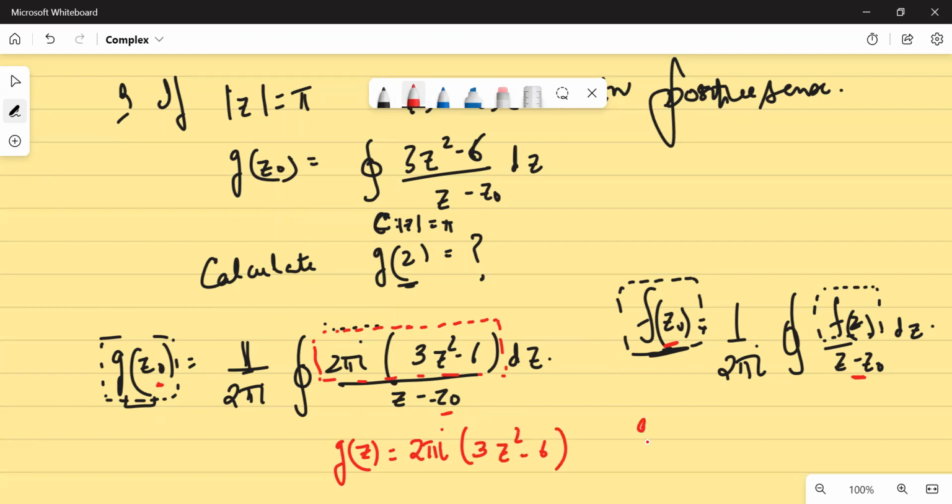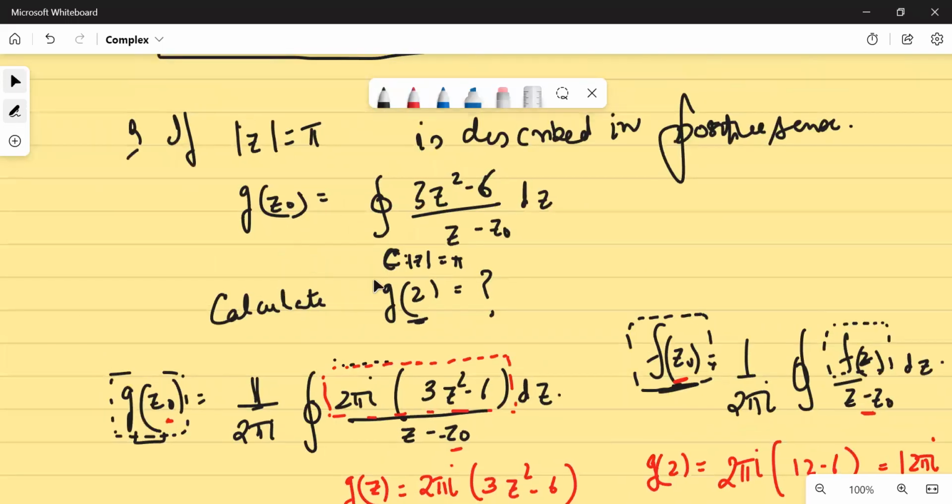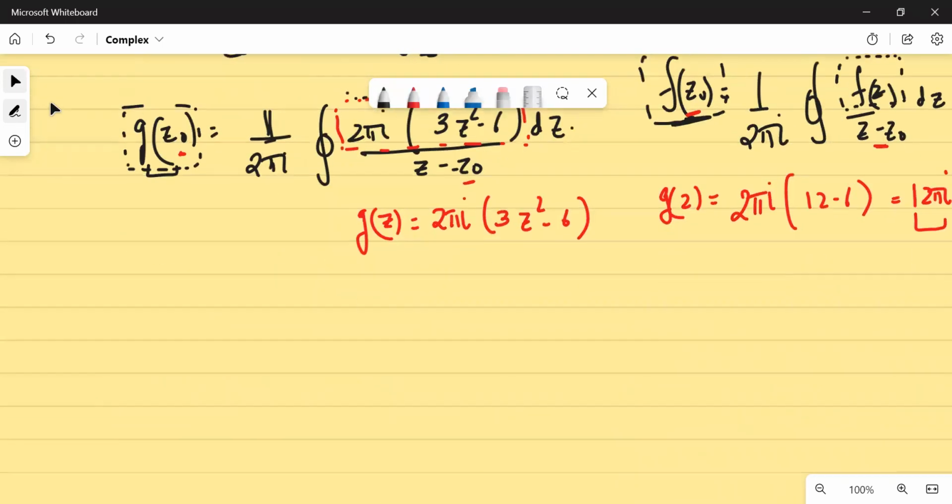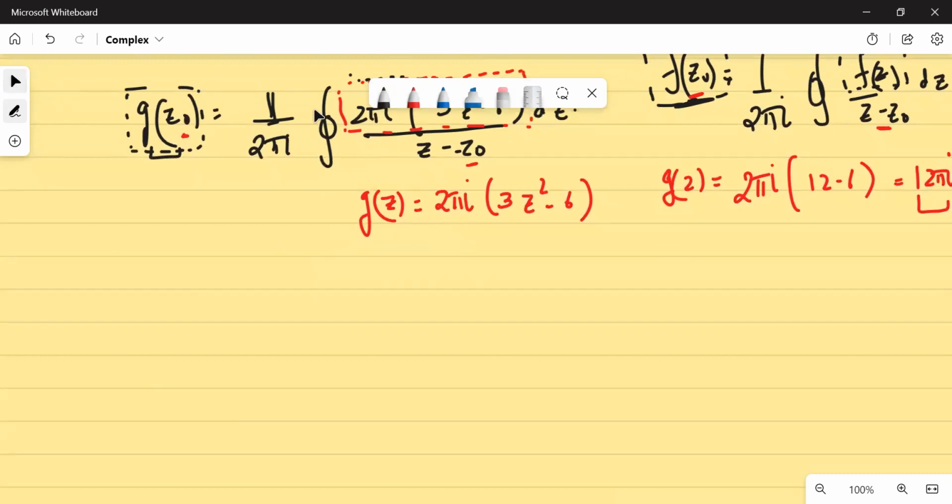Now what are you being asked? What is g(2)? G(2) will be equal to 2 pi iota into whatever comes, 12 minus 6, so 6 pi iota into 2, so this will be equal to 12 pi iota. Such questions may be asked probably. This is a simple question, but overall, if you have familiarity with the structure, even if you don't know the derivation part, things would work. Now let us move to something called derivatives of analytic functions.